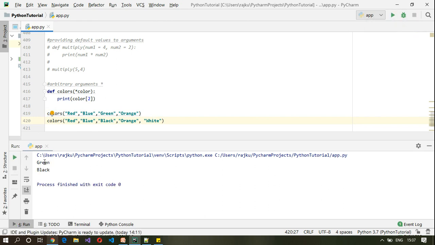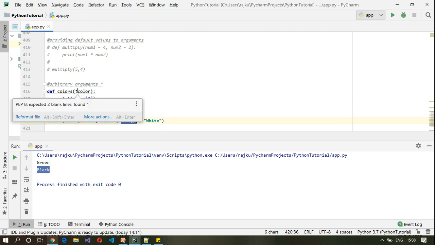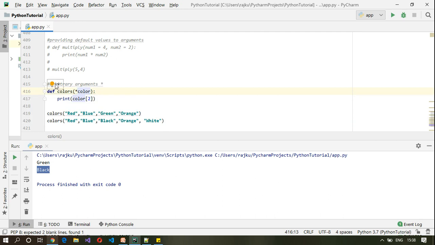So now it will print green and black. Here I'm passing 4 arguments and here I'm passing 5 arguments. So by using star before the variable name, we can make this particular function take arbitrary arguments.